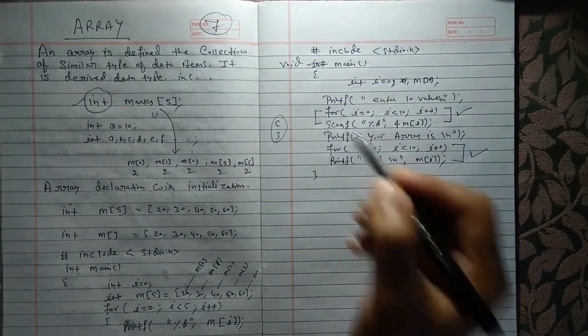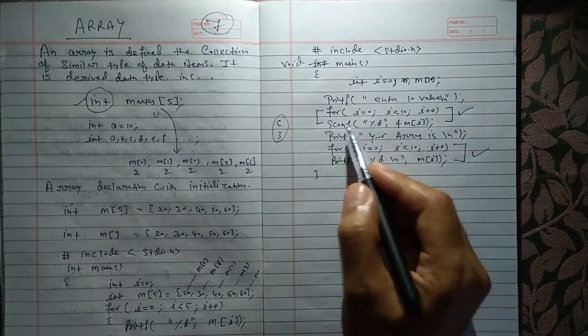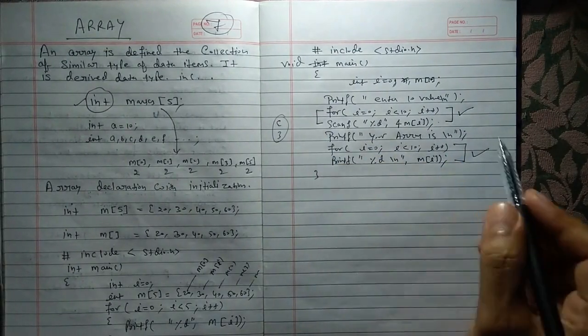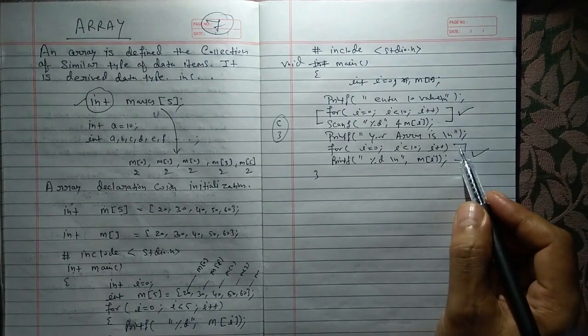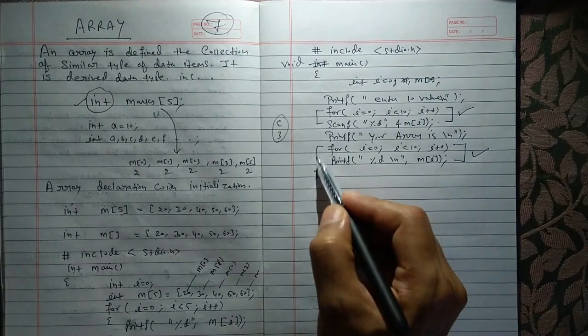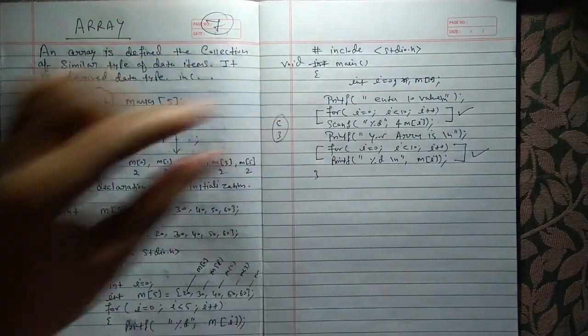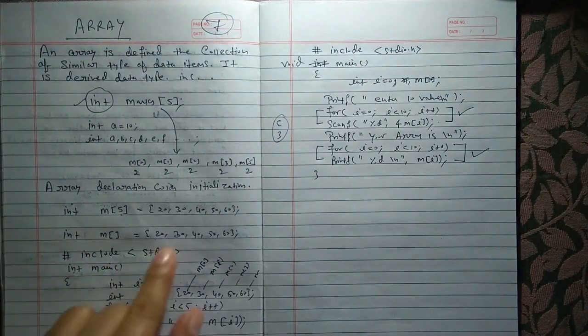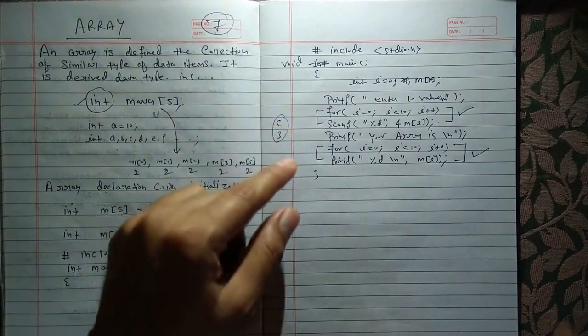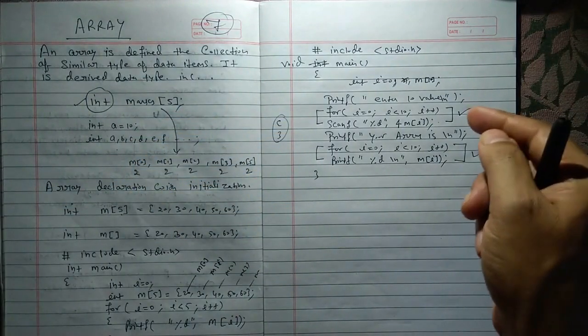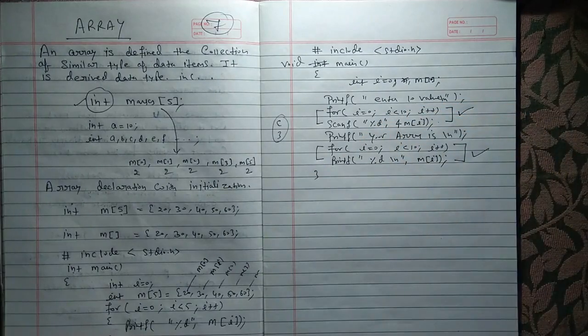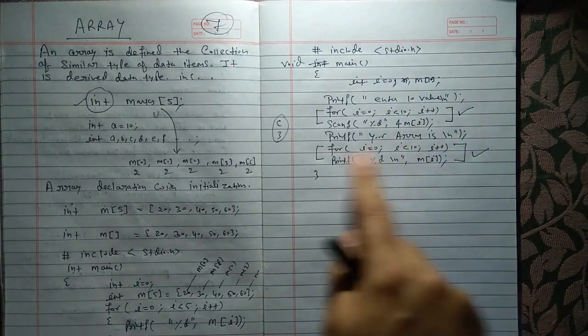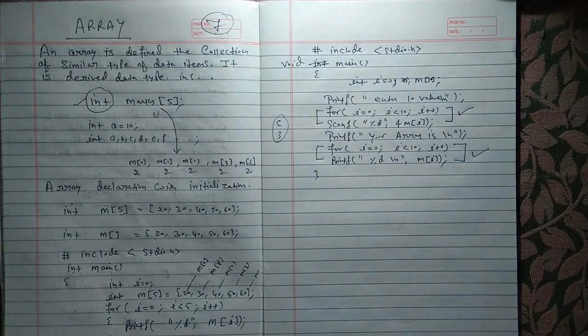It will input, meaning you will input 10 data items in your array, then it will output 10 data items from your array. This is a very simple program. Here we have initialized the data, and here we are inputting the data into our array. Then after that the output will be done with the help of a for loop. Now a very good question, a very standard question I will solve.